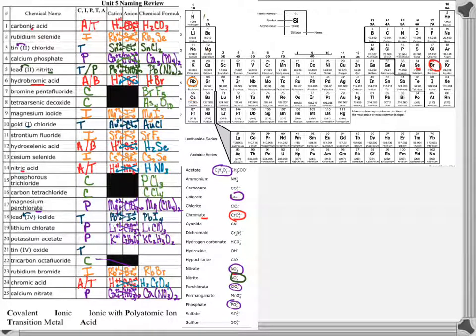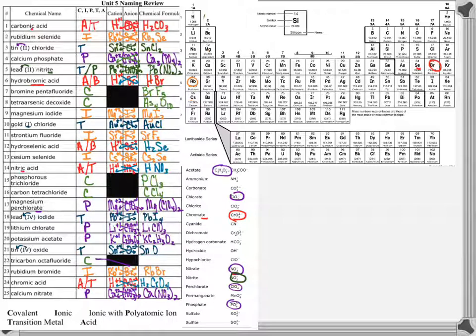Last one, we have tin 4, so it's Sn plus 4. Oxide, which is oxygen, -2. We crisscross. We end up with Sn2O4. But again, we can reduce these right here. So my formula would be Sn